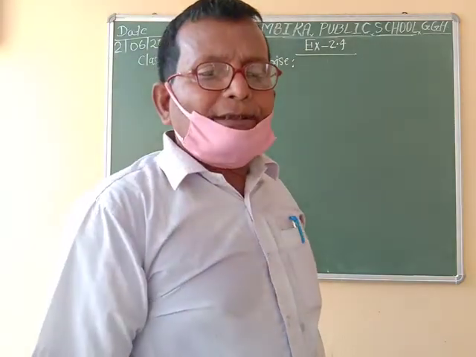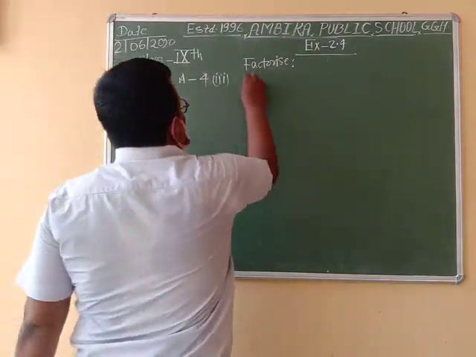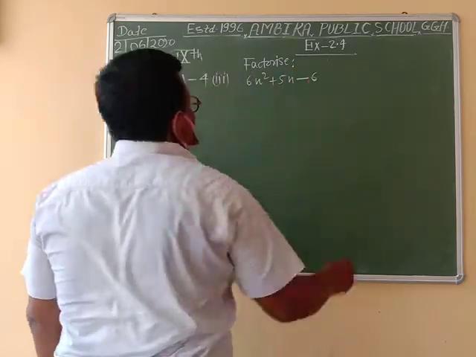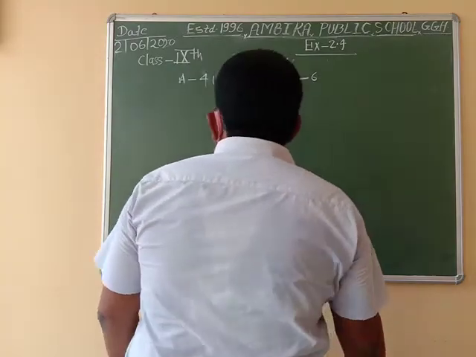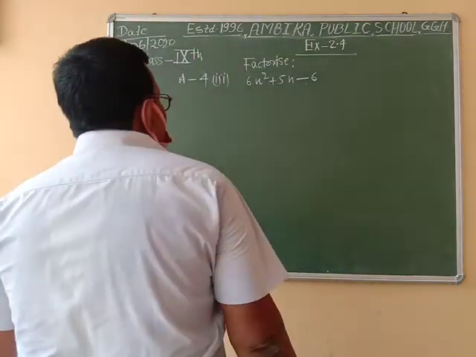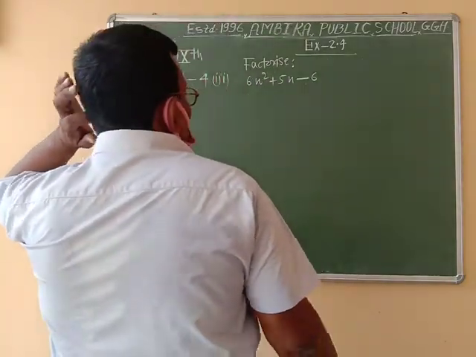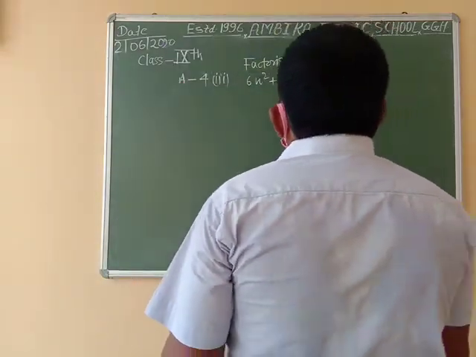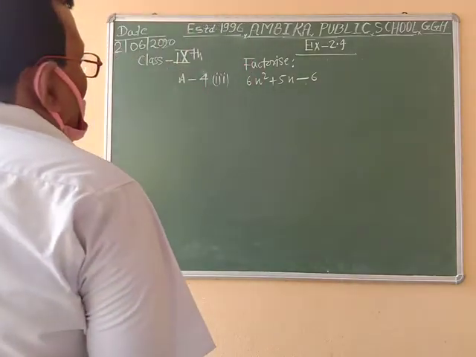We have to factorize 6x square plus 5x minus 6. Here we have to split 6 into two parts whose sum must be plus 5 and product must be minus 36. So